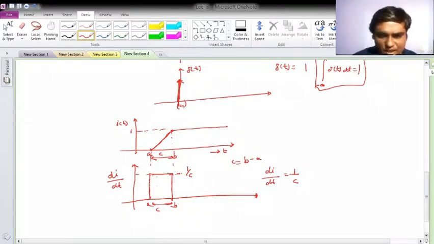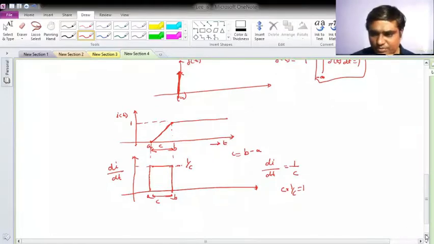Okay. And again, what I have observed is that the area under this box function is 1. So the area of that pulse is unity, and this will be unity for any value of t you take. So we can also say something like this: as c approaches 0, what will happen? The modified ramp function approaches the unit step function.